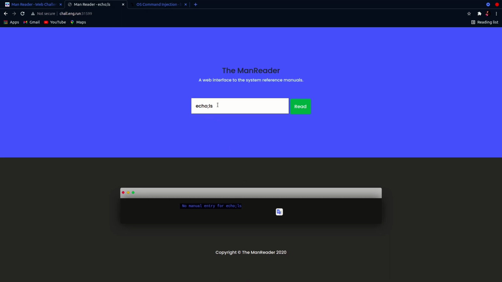Our input is wrong, so the system is not executing the command. So we can just try inputting other commands, other bypasses. There are a lot of bypasses for command injection.